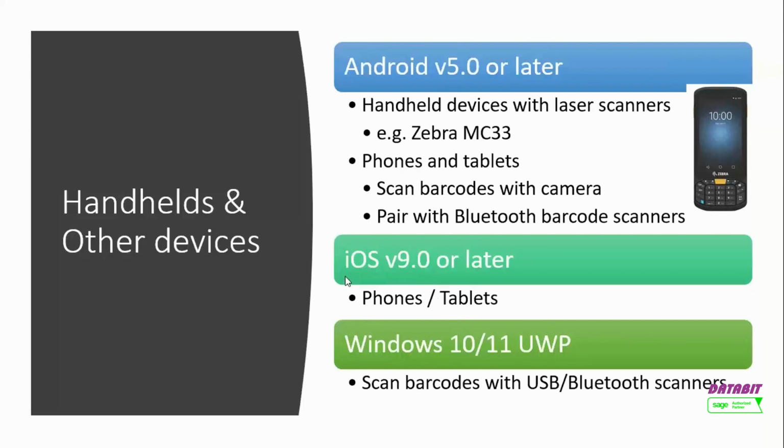We can work with Apple devices as well. The only requirement is version 9 or later. So that means iPhones, iPads, and just like what I'm showing you right now, it can also run on Windows 10, 11 UWP. So as long as we are using those operating systems,